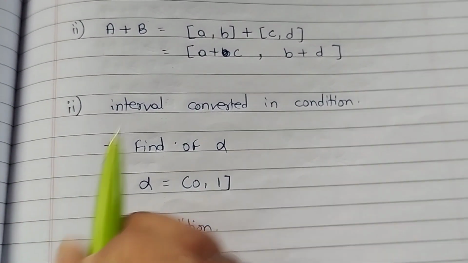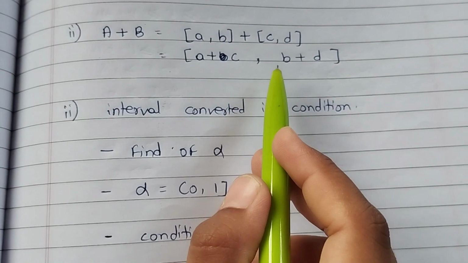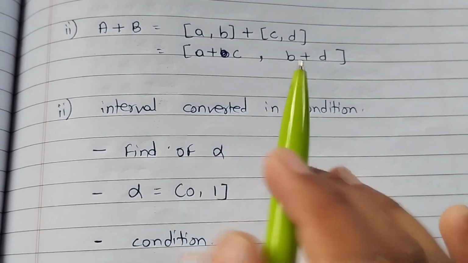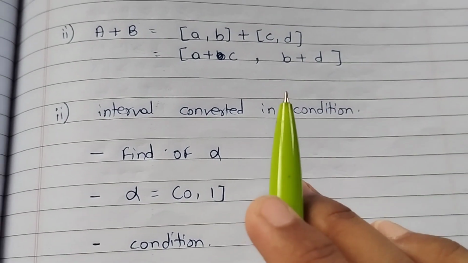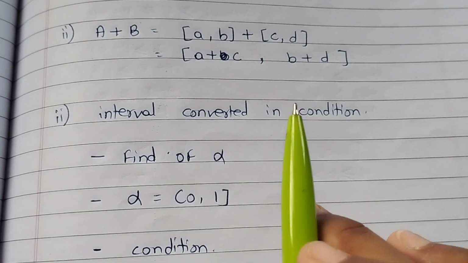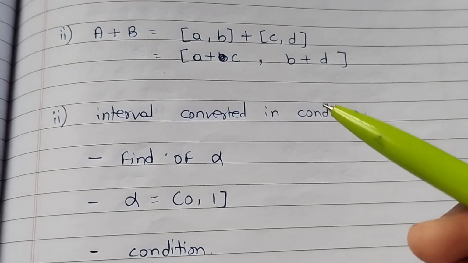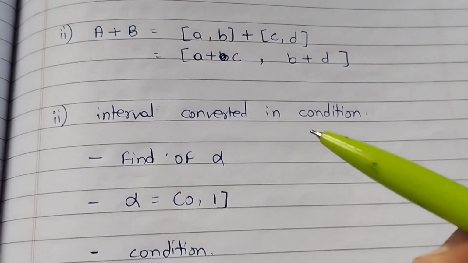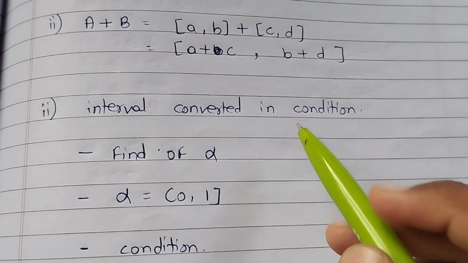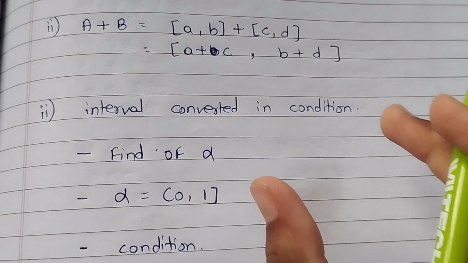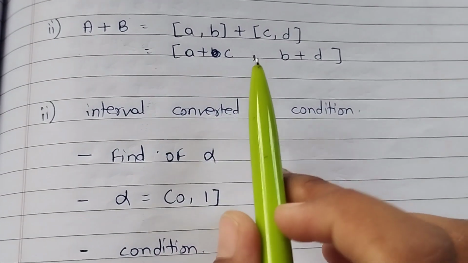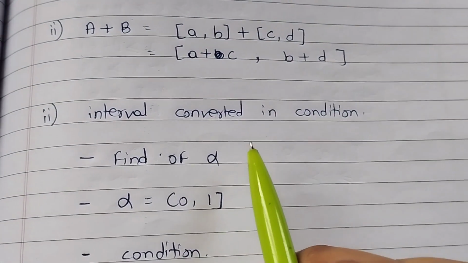Now we find a plus b in the form of an interval, but we don't want the answer in the form of an interval. Again we want the answer in the form of conditions and limitations. So all the steps we perform in the opposite direction. First, with the help of alpha we find x, and using x we find the interval. Now the interval is given, so from this interval we now find alpha.